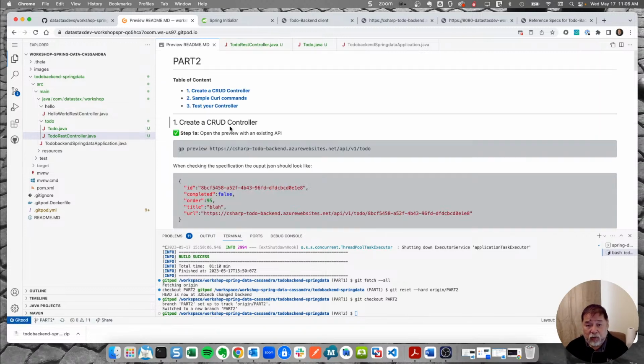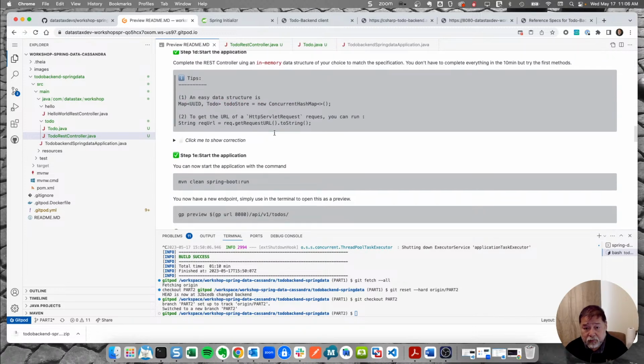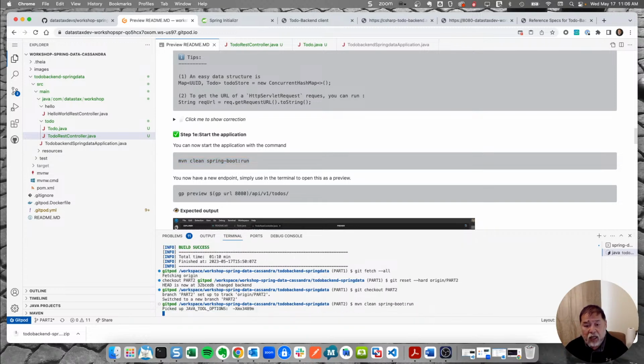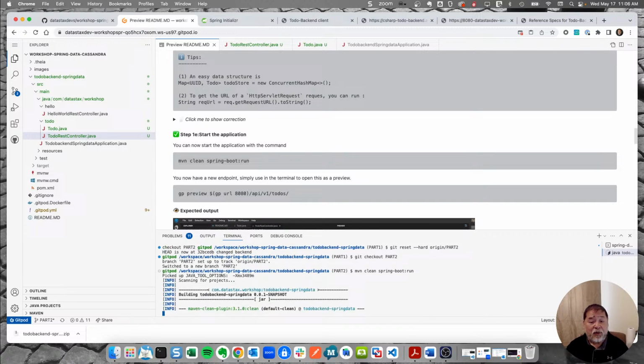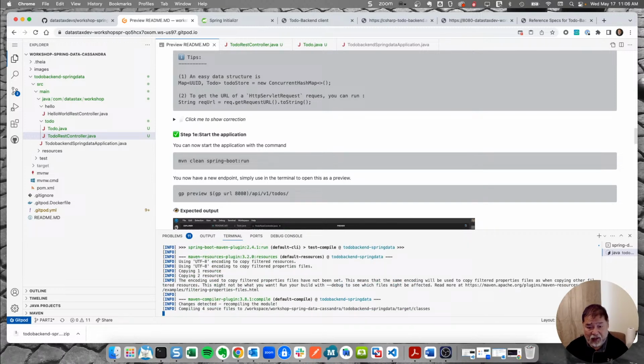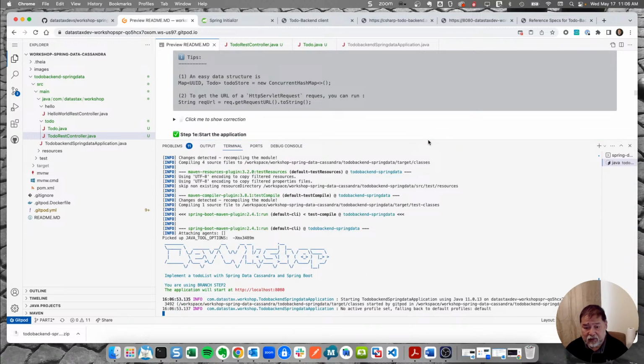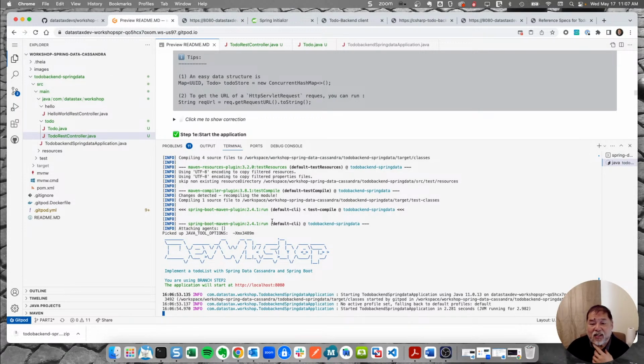All right, so let's go back to the README. We're now going to try to run it. You shouldn't need to create a new app. Okay, now something happened here. It started,